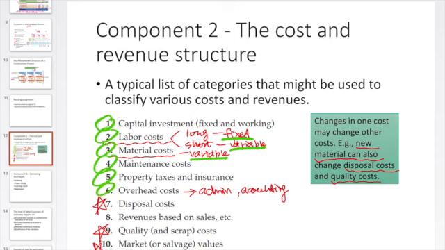And 6 is overhead costs, or we say indirect costs. That's to cover the administrative service, the accounting service, the management type of service. And 7 is the disposal costs. Disposal costs is